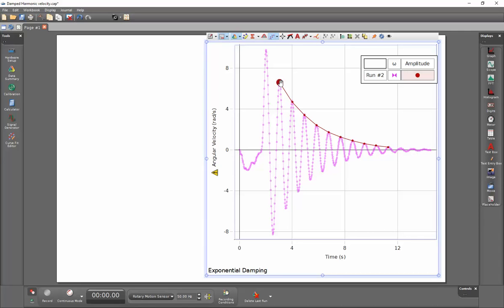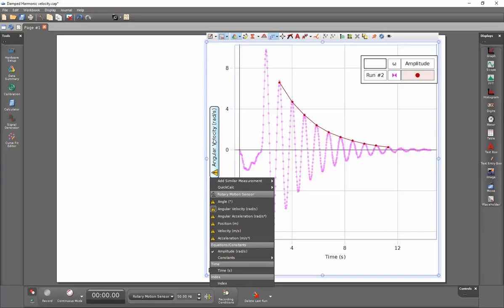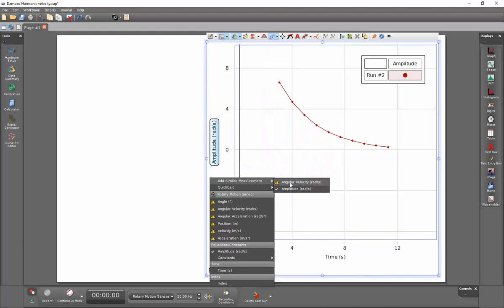Now that I see that it's actually fitting these peaks very, very well, I can actually hide my original data if I wish to by again selecting on the vertical axis label, going to Add Similar Measurement, and I can deselect my original data. Now I can apply a curve fit to this so I can extract different damping coefficients